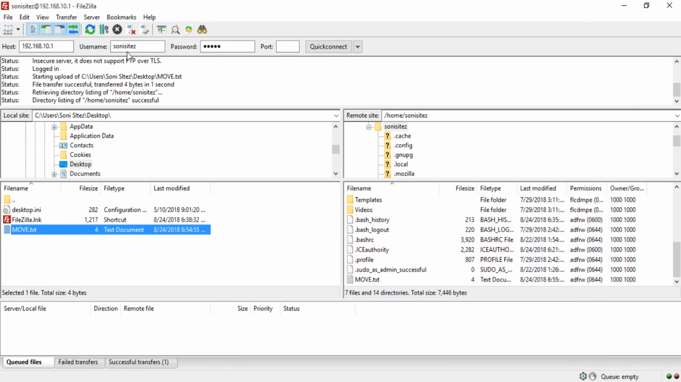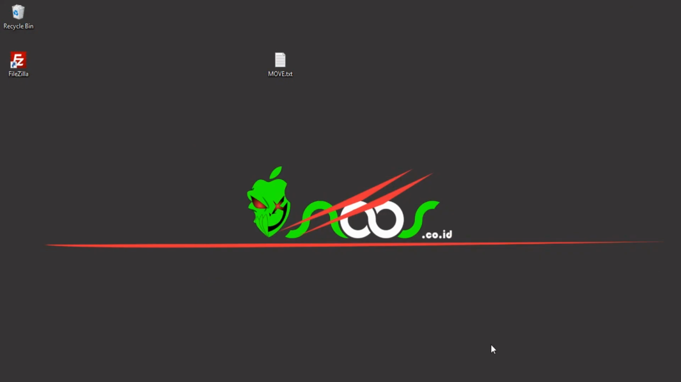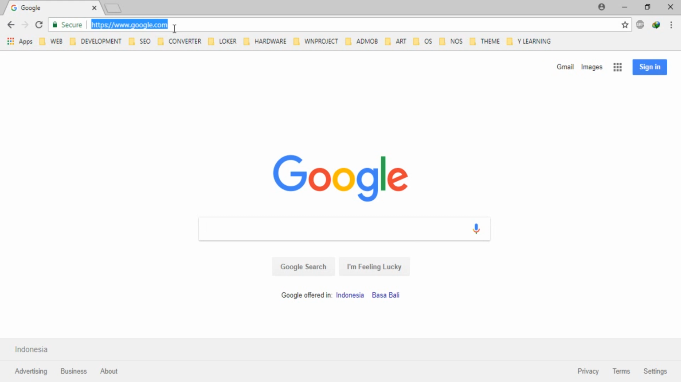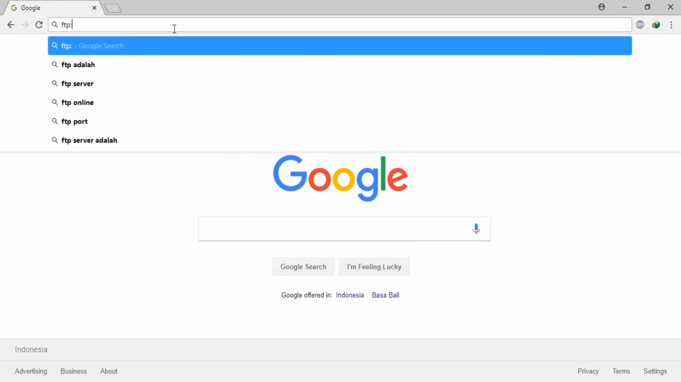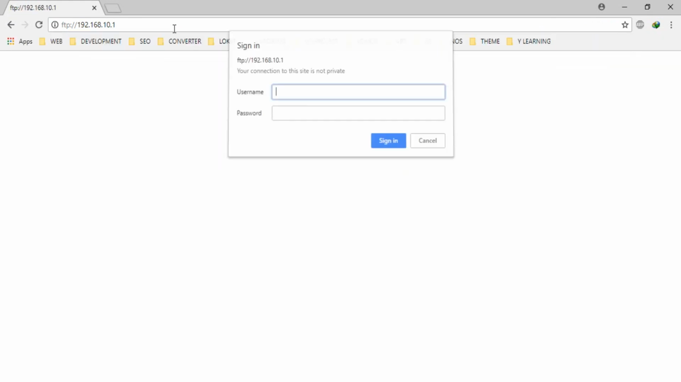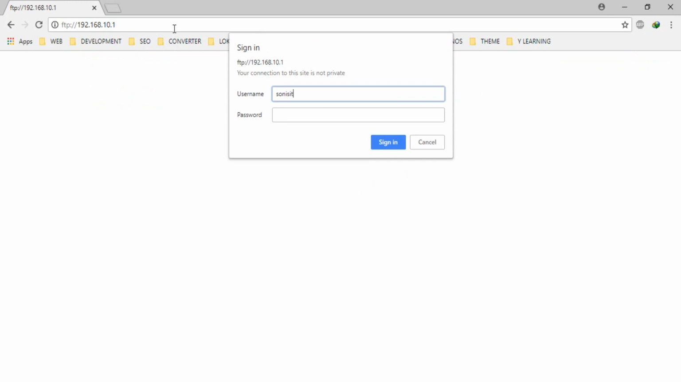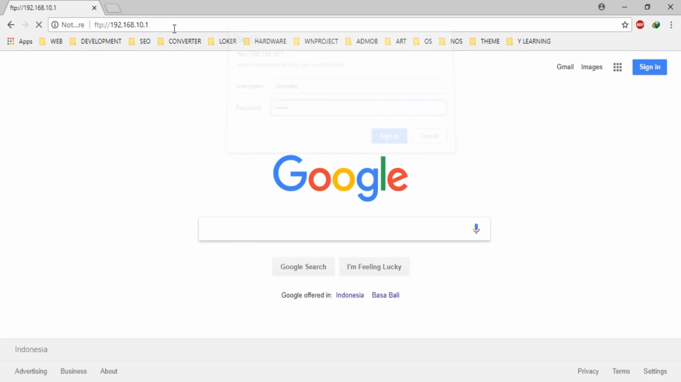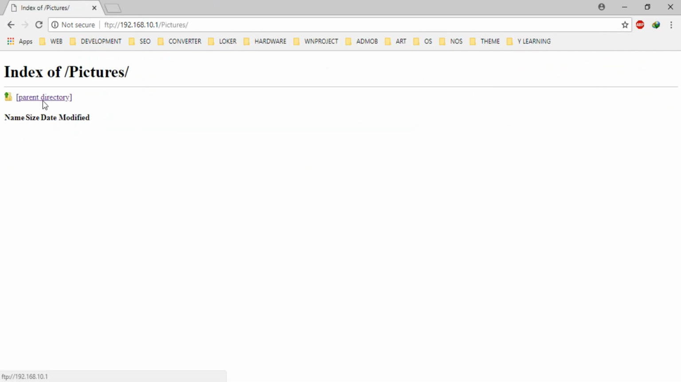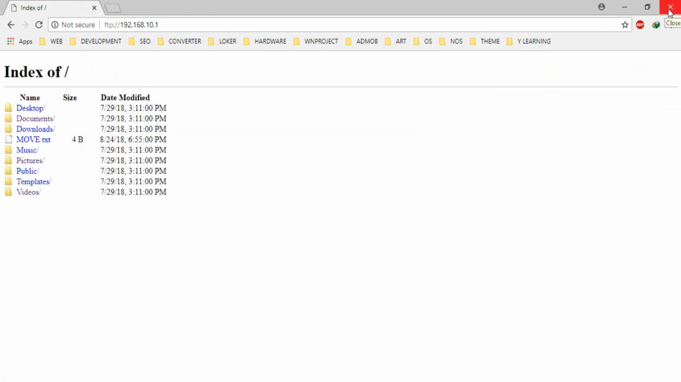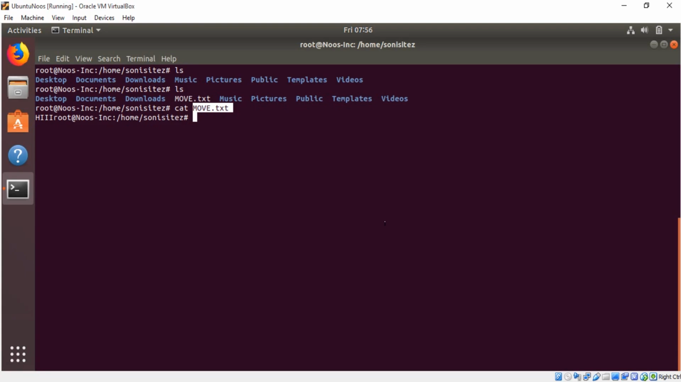Using FileZilla FTP client is right, but you can also open your FTP server via web browser. For example, ftp, you can see there. Okay, got it. This is our Ubuntu server in here. Okay, to configure the FTP server, you can just go to directory